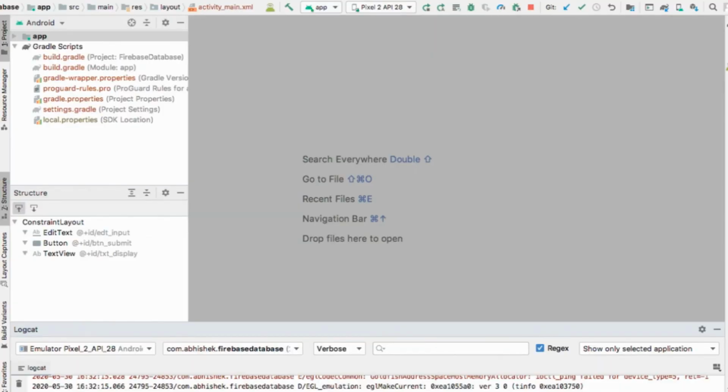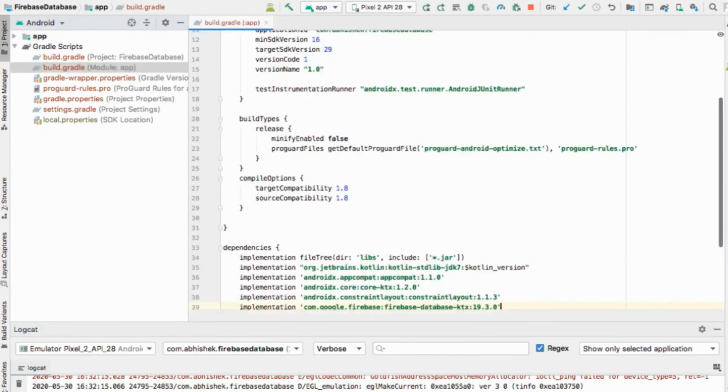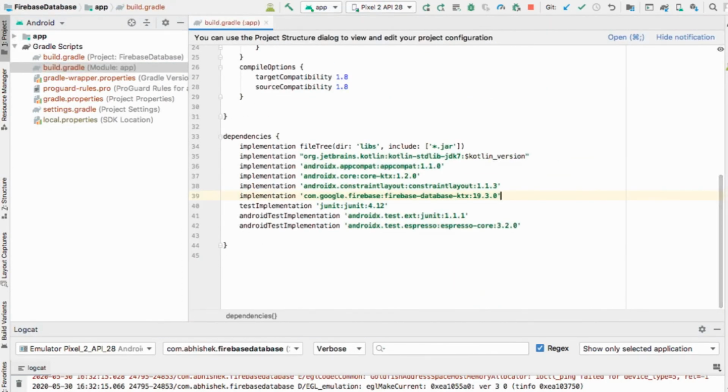In this vlog we are going to see how to make CRUD operations with Firebase database. As usual we will start with our dependencies. So what is the need for this Firebase database? Whenever you don't have any specialized server and you don't want to invest before you are trying to make a small application, you don't need any investment, so you can use these Firebase services.